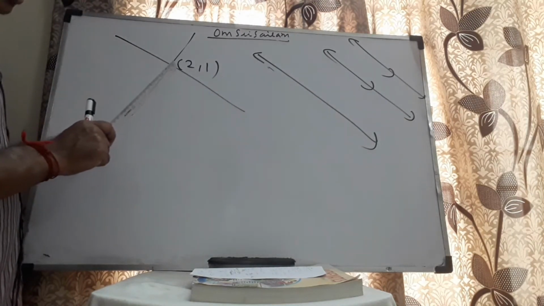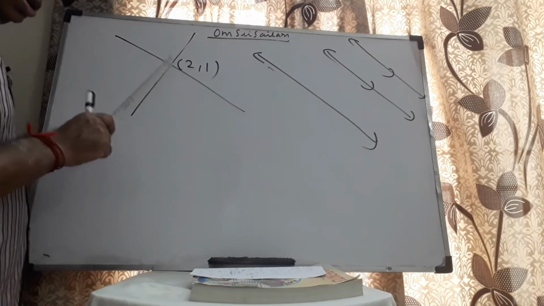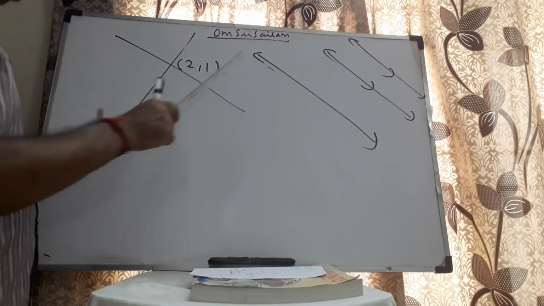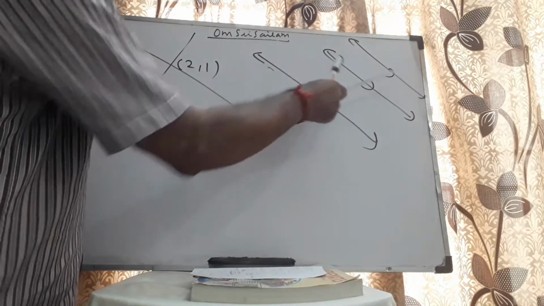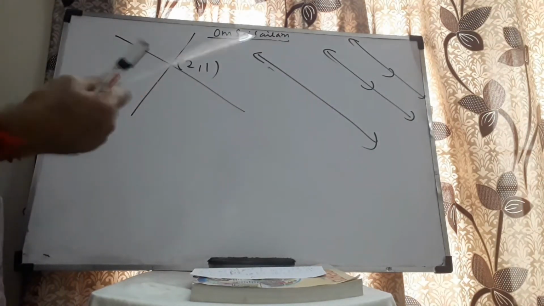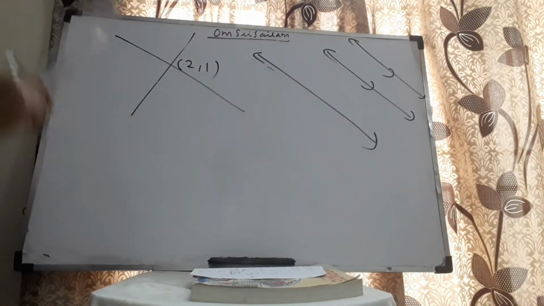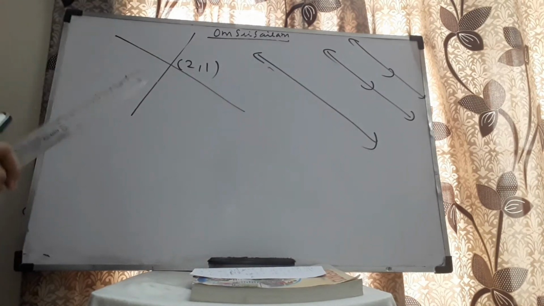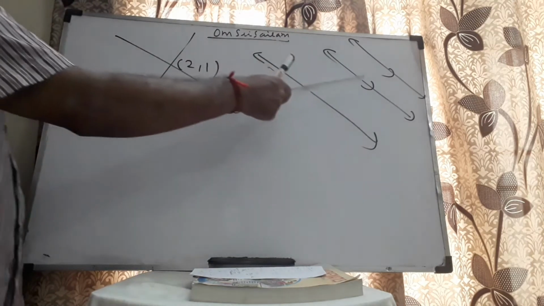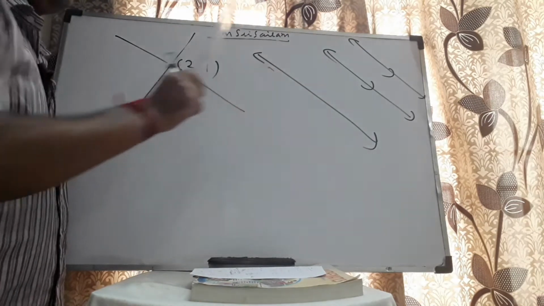In the case of a unique solution, the lines will be intersecting. In the case of infinitely many solutions, the lines will be coincident with each other. In the case of no solution, the lines will be parallel. I am talking about the converse part also. In the case of a unique solution as well as infinitely many solutions, we'll say the system is consistent. By consistency of a system of equations, I mean there exists at least one solution. If there is at least one solution, the system is consistent. If there is no solution, the system is inconsistent.